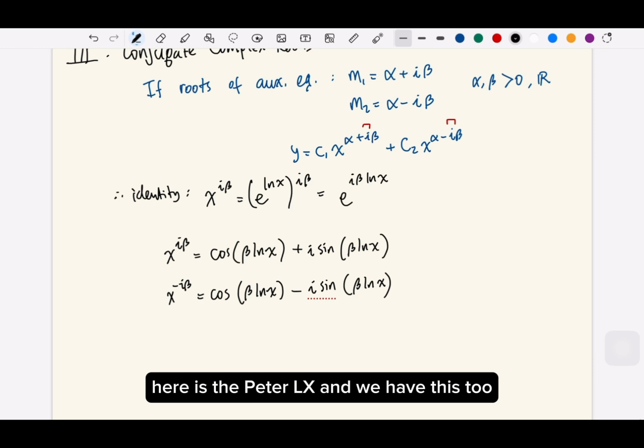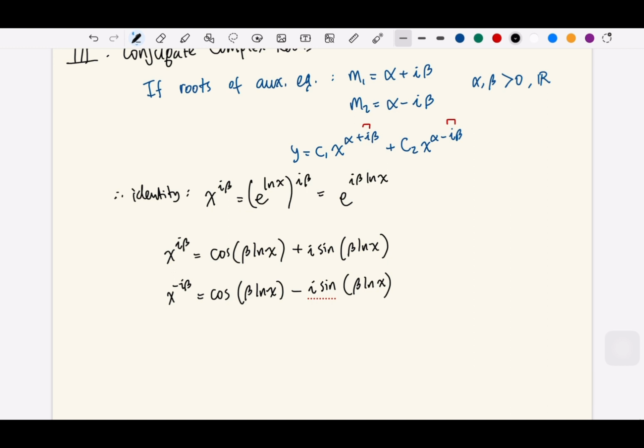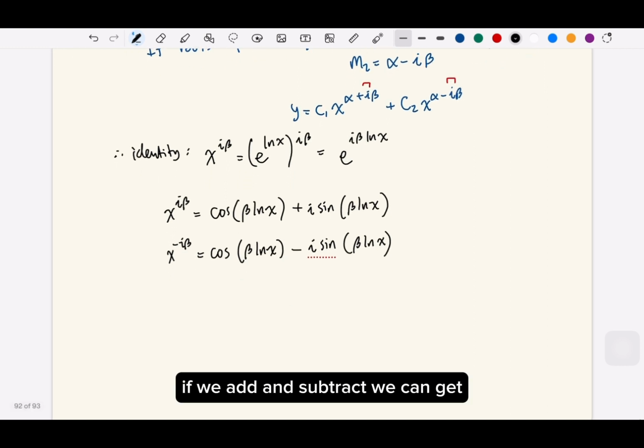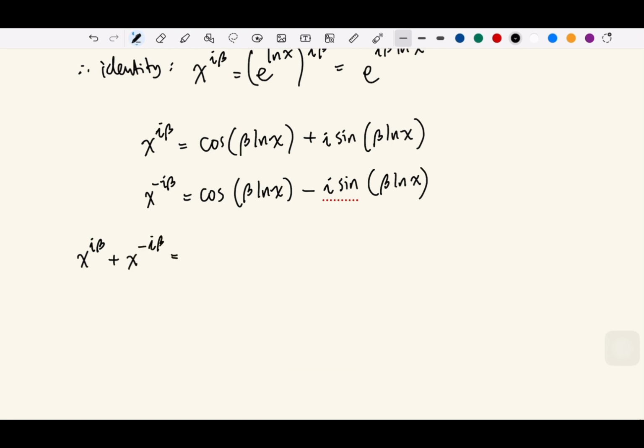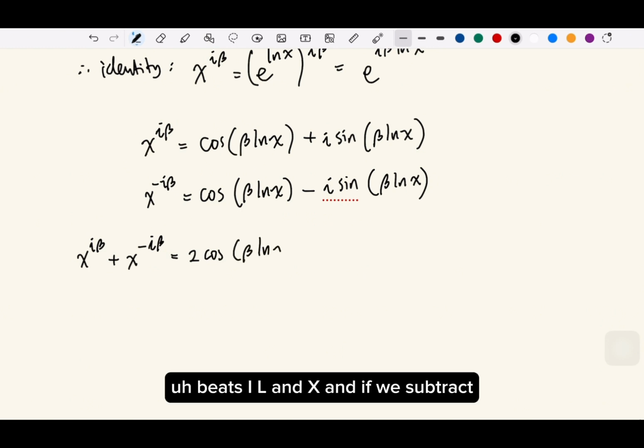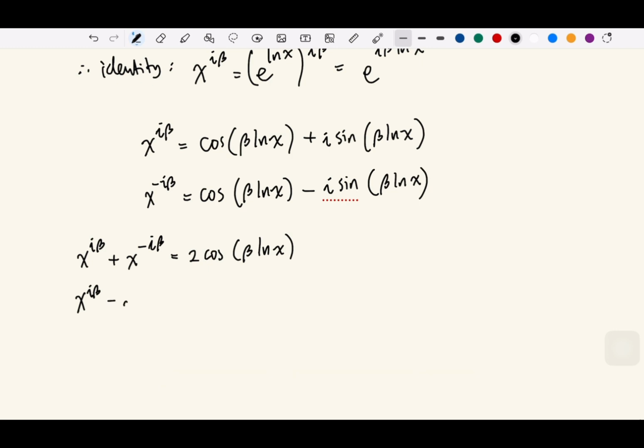With the same approach, if we add, we get 2 cosine beta ln x. And if we subtract,